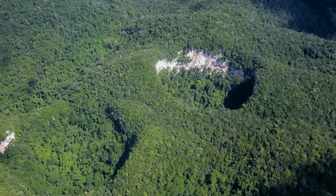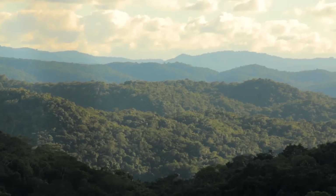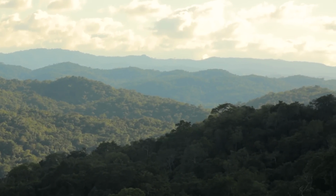In 1992, my friend Neil Rogers took a picture of this sinkhole down in the Chiquibul Forest. After looking further on the maps, I realized that this was a real anomaly that was out there, one of the biggest sinkholes in a series of 49 that are in that karst massif area. We gave this report to Rafael Manzanero, the CEO of FCD, which is the Friends for Conservation and Development,